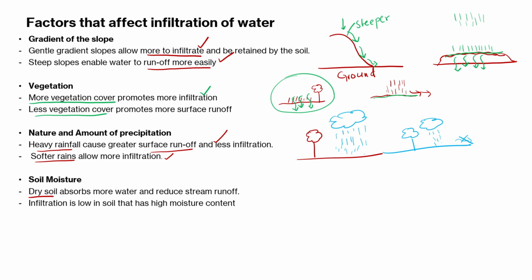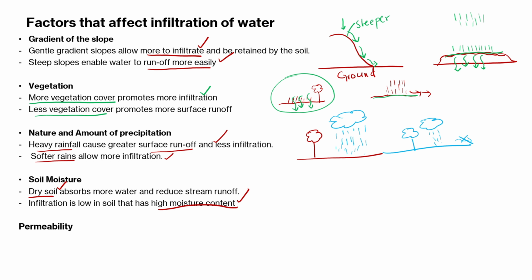You can even test this on your own. Go to a place that has got dry ground or dry soil and just take a cup of water, pour it on top of that place. You're going to see that the water is going to sink in so fast. So the water will infiltrate so fast into the soil because the soil is dry. We can just say it is unsaturated. You can use the word unsaturated for that. So when you say that the soil is dry, it is able to suck in more water. More water is able to sink into dry soil than into wet soil or soil that has got higher moisture content.